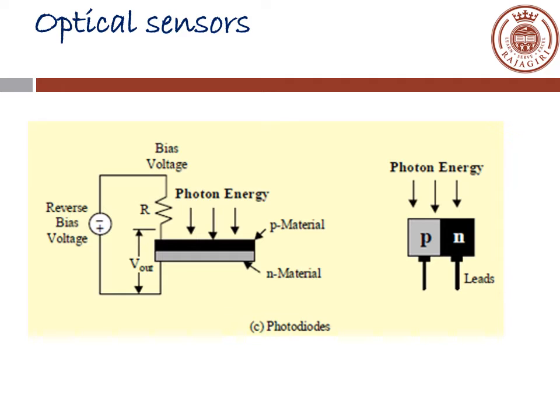You can say that if the light intensity is more, more charge carriers are generated and they will flow through the device. So if the light intensity is more, it will produce a larger electric current through the device. So we can say that the intensity of light is directly proportional to the current that passes through the device. This photodiode is used in a lot of applications.